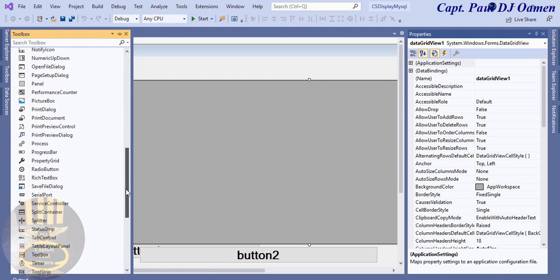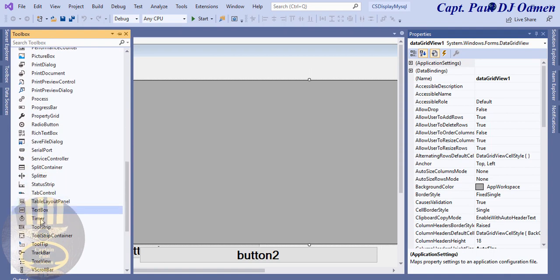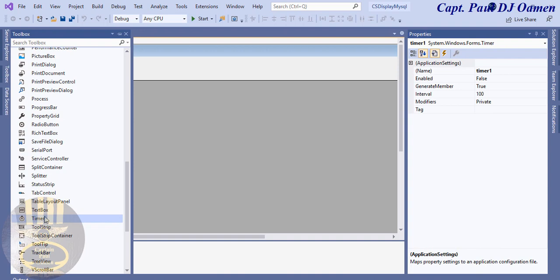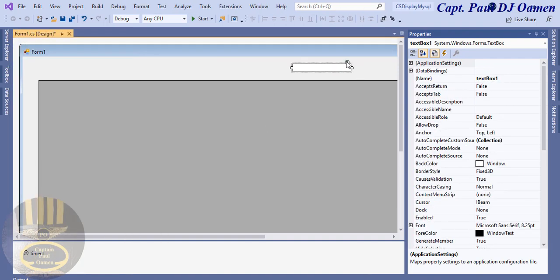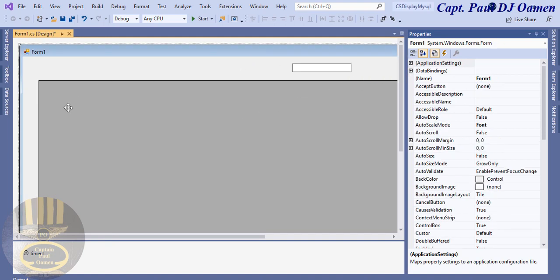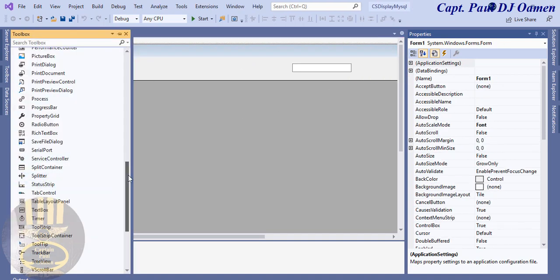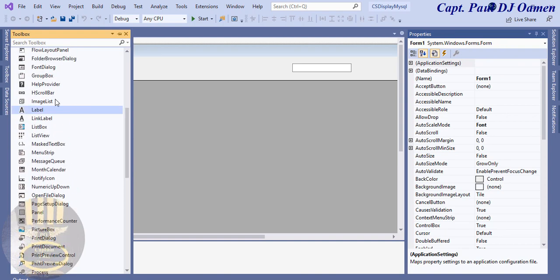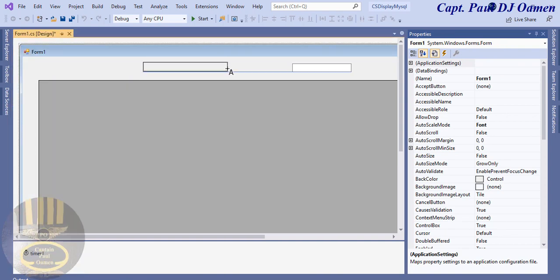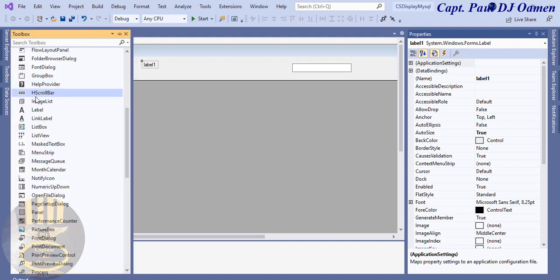Label, text box, and a button. Okay, I also need a timer. Double click on the timer. I need a text box. Make that multi-line. And I need a label and a button. Label here for my title, and the button,